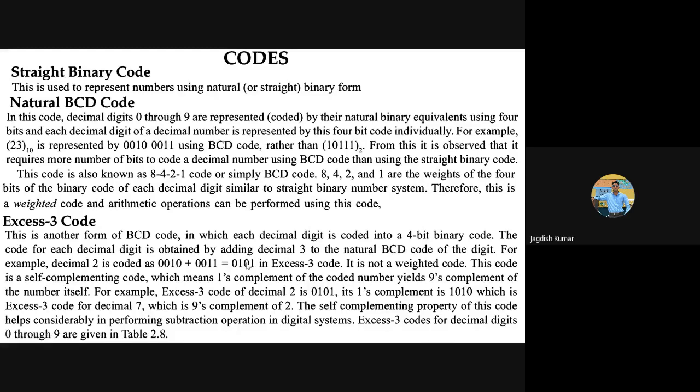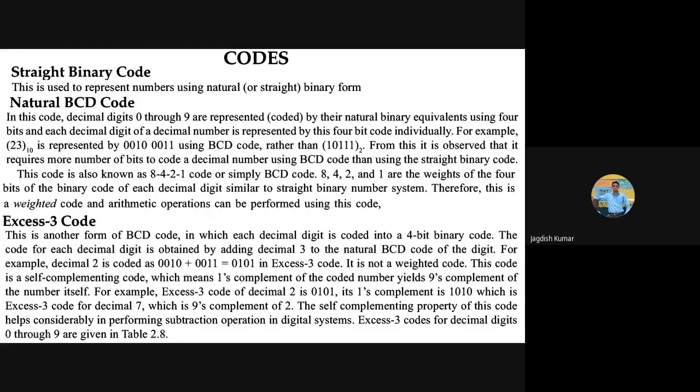0101. Fine. And one more thing is that it is not a weighted code. You can't convert it back. You can't get 2 from this as such. So somebody has to tell you that this particular number has been written in XS3 code so that you could extract any meaning out of it.